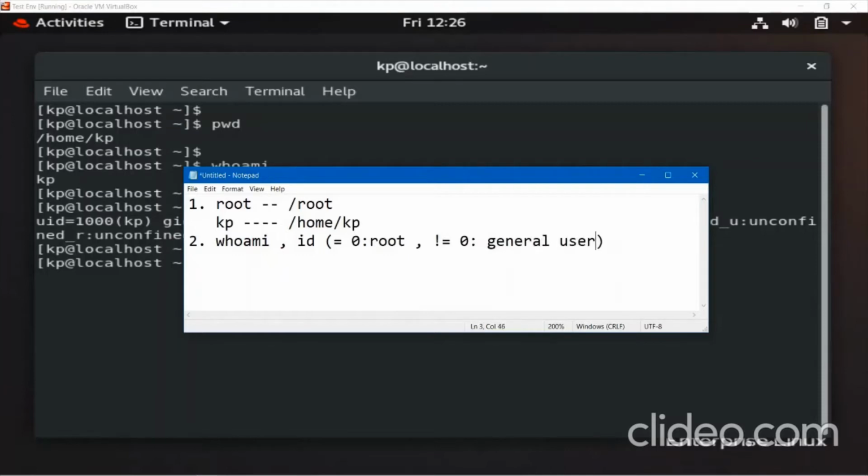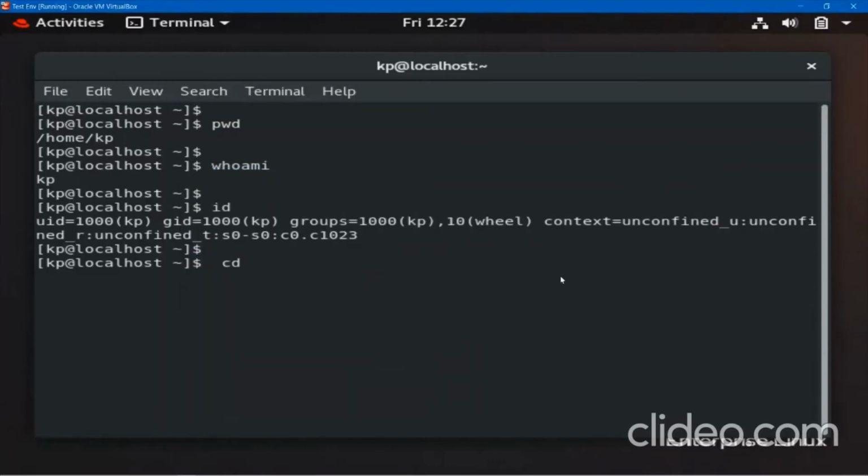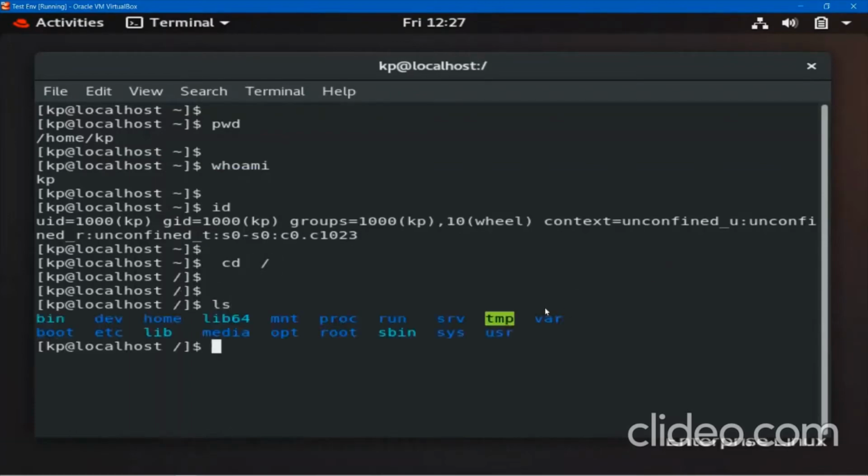So what is the main difference between root user and general user? The root user has entire power. He can go to any folder, remove any directory, overwrite, and see the contents of any file. Root user has all the privileges, and general users don't have much power. For example, last time I showed you, if you want to go to the / folder, I can press cd /. Let me check. This folder I can go to. This can be accessible by a general user, but there is a file. Let me first tell you how to read a file, then I can show you the difference.